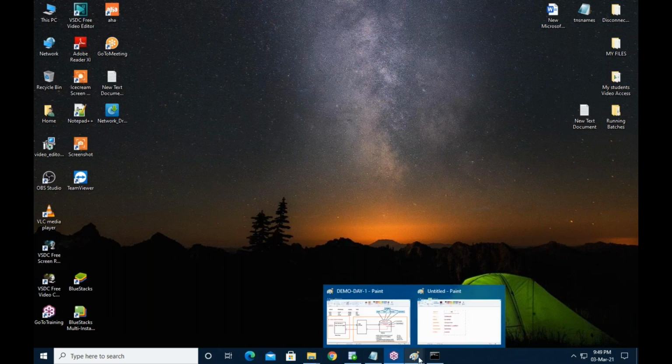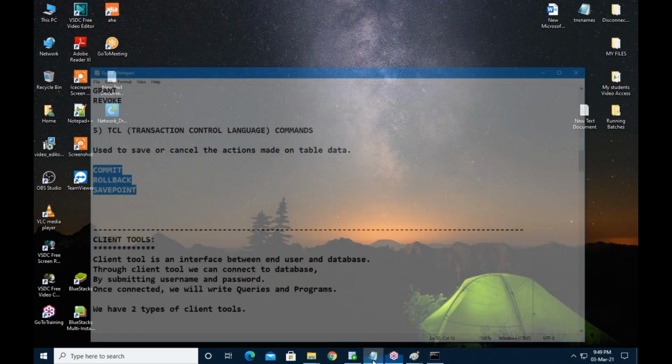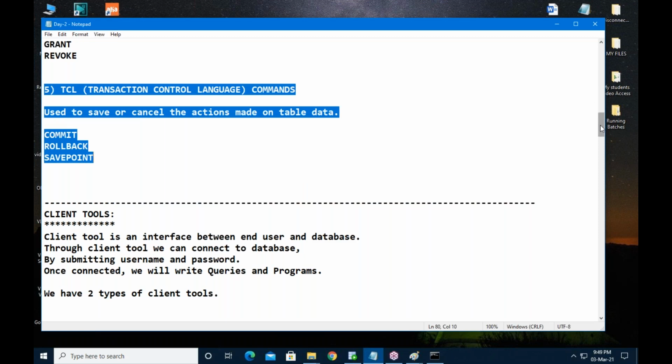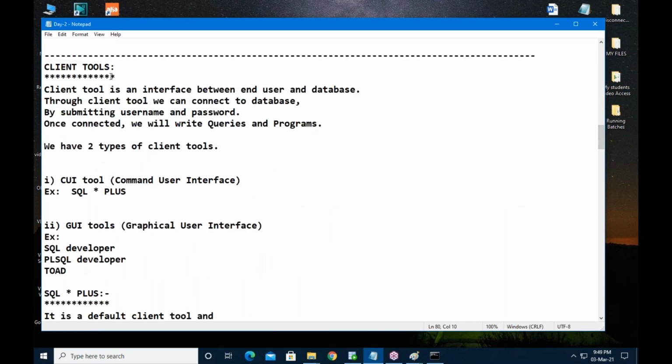Okay. Now, this is a list of commands. We need a client window before writing a query or program. Client windows are two types: CUI tool and GUI tool.